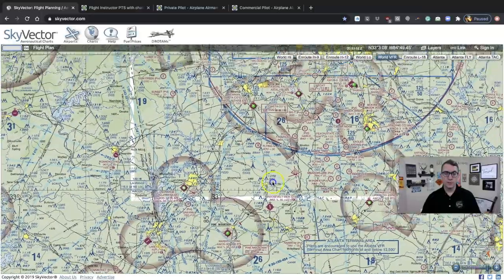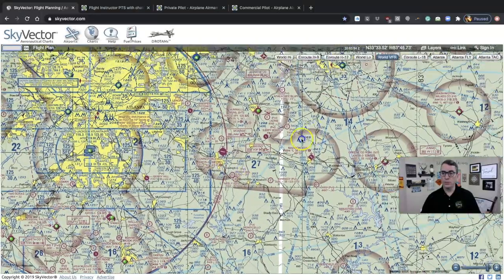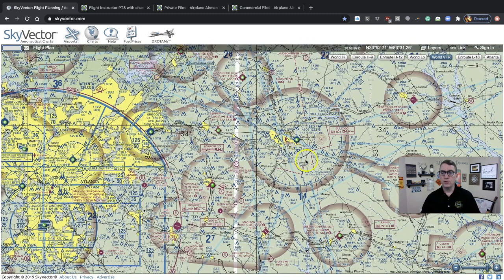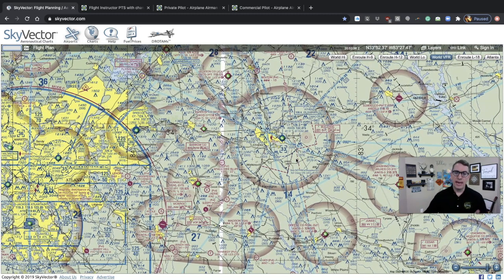Let's go up to another airport, which is a little bit easier to talk about. We'll just use Athens right here, and it's not as busy as Columbus. So then I want to start talking to them about the entry requirements to come into this controlled airspace. And I want to start off by telling them about how this airport is blue. That is different from the other airports we looked at because they are magenta. And blue means that it has a control tower on the